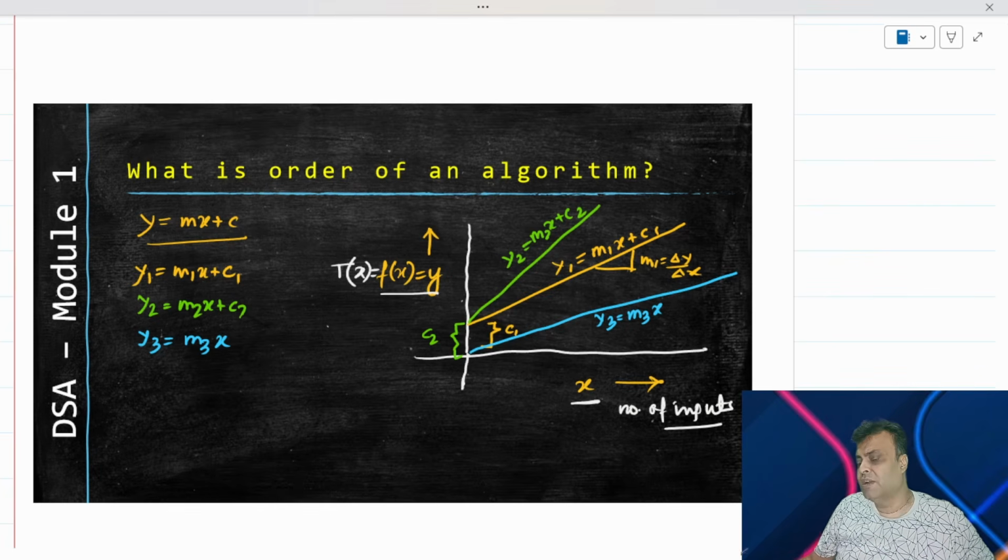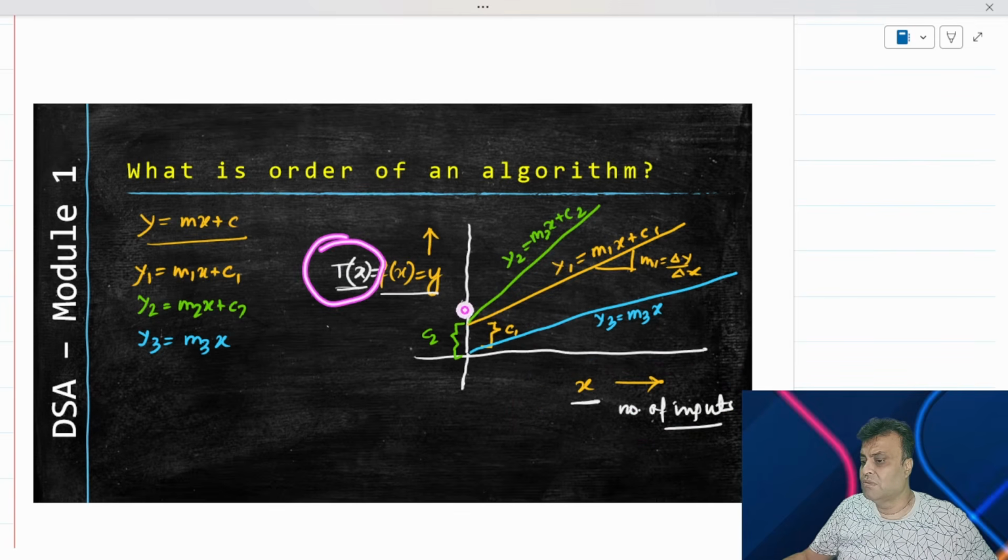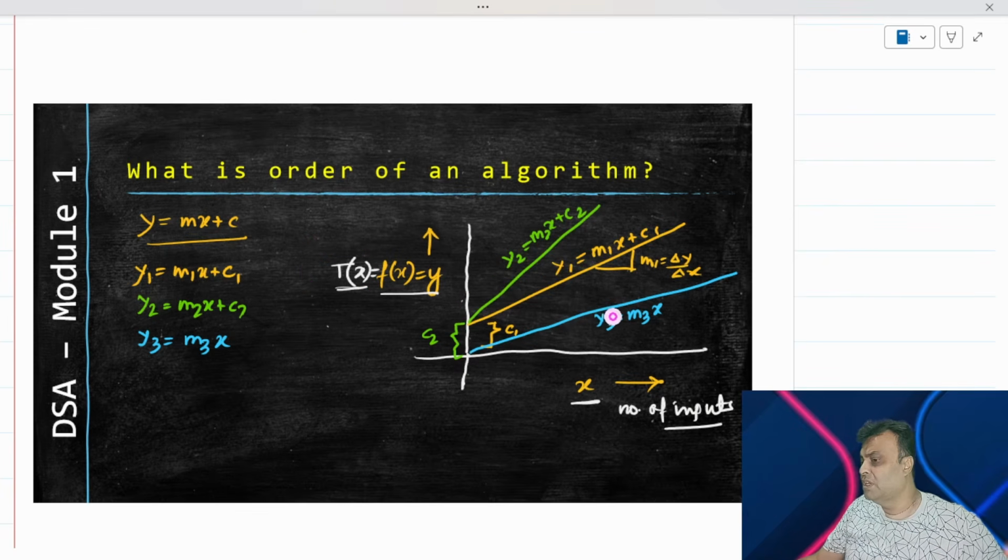So if the number of inputs provided to my algorithm is going on increasing, can I say my t(x) also goes on increasing? Of course I can say that. If my number of inputs, which is x, goes on increasing, then the time taken to execute the algorithm also goes on increasing. The more I give x, the more the time taken to execute the algorithm will increase. So can I therefore say that